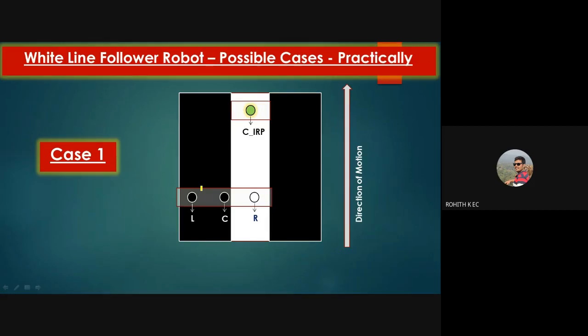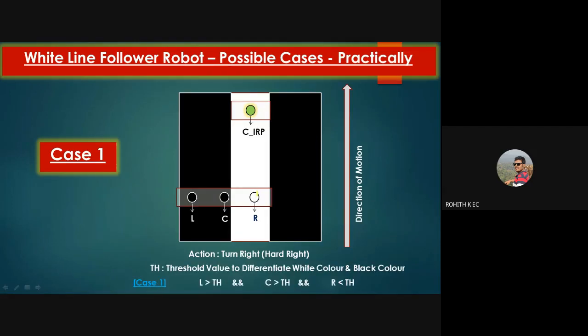Yes, Sangamesh, okay, Sinchana, Juveria Khan, okay, Tejashri, Sunita, yes, Bharti, yes, Prakruti, Kulsam, correct. So the action that we will be taking is hard right, because our robot has gone too much to the left hand side. So to bring it back to the normal position, we have to give the action as hard right. Now to capture this scenario, what should be the condition? What should be the comparison condition? L is greater than TH, C is also greater than TH, R is less than TH, right?